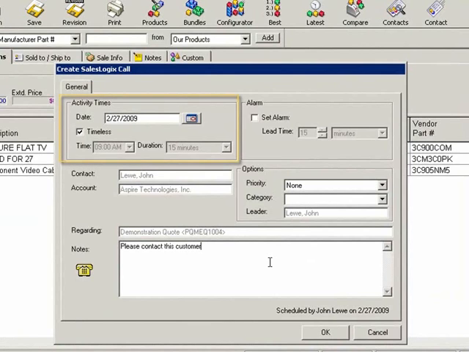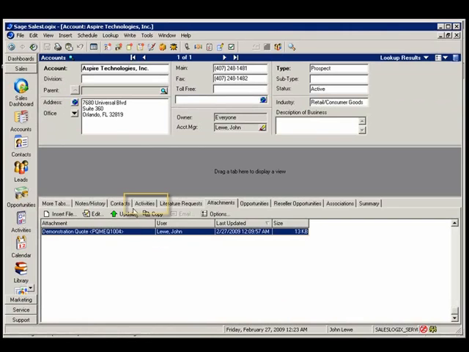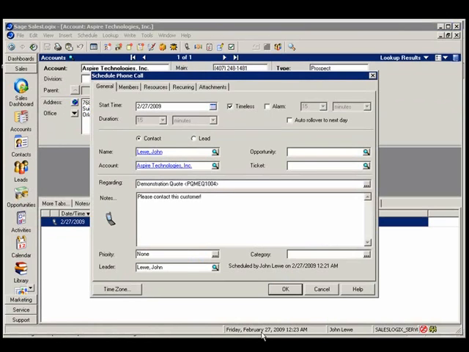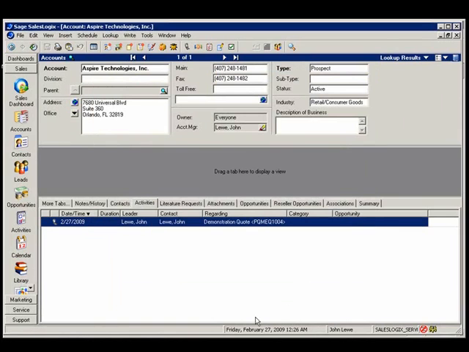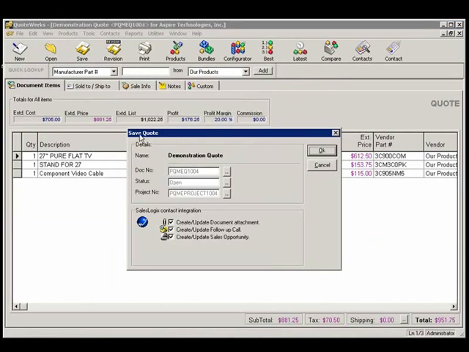Here you can set activity times, alarms, options, and notes. The call will be created on the Activities tab in Saleslogix. We can see our notes listed here, as well as the rest of the options. In addition, if you already have a follow-up call scheduled for this quote, QuoteWerks will display it so that you can modify it. Lastly, although all editions of QuoteWerks integrate with Saleslogix, the QuoteWerks Corporate Edition enables you to create